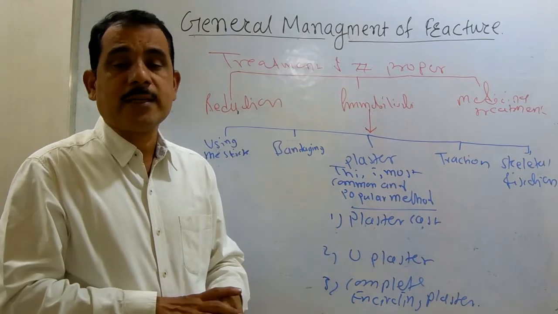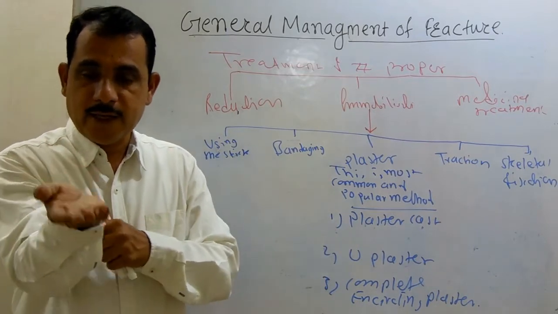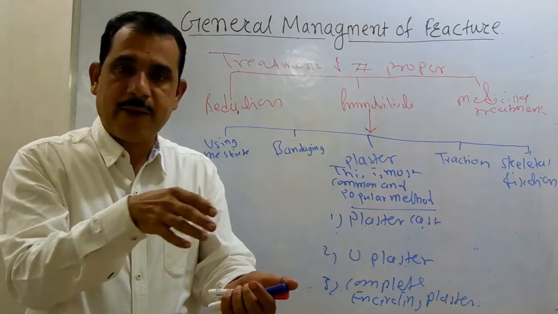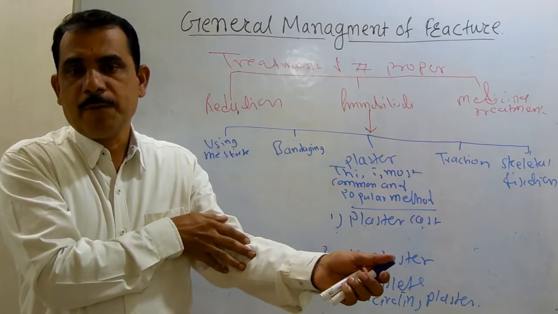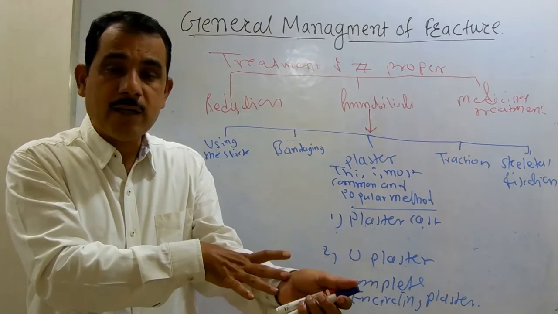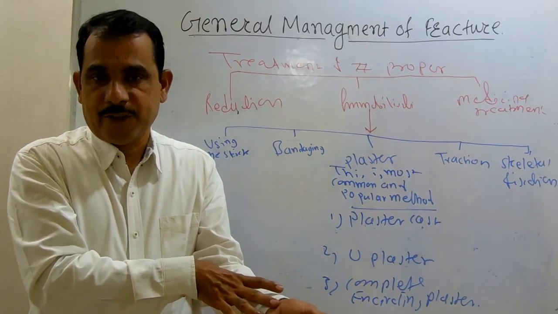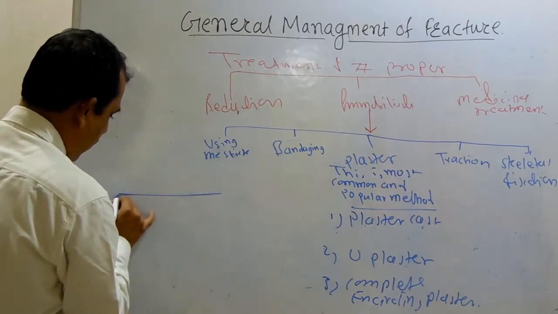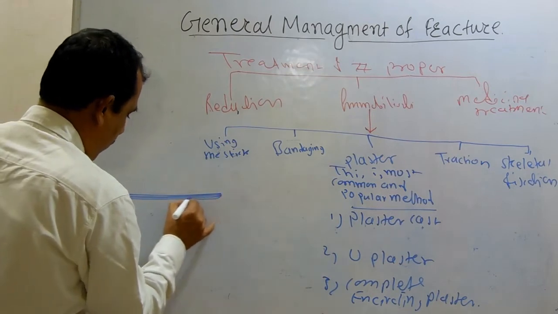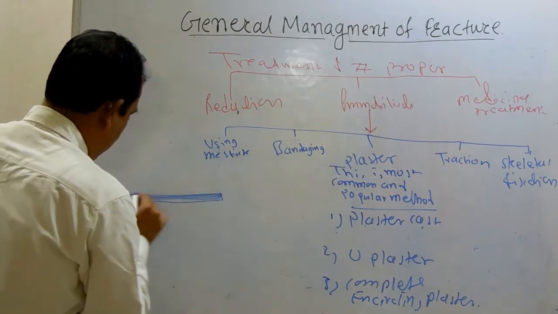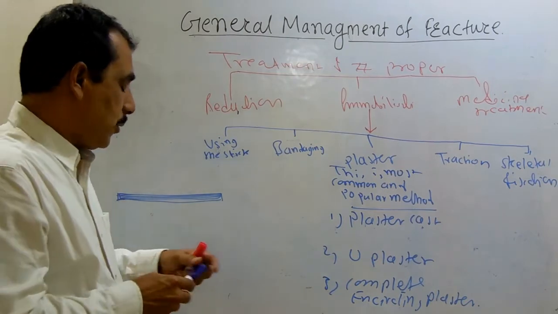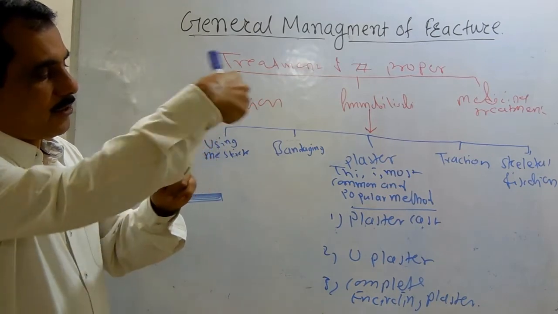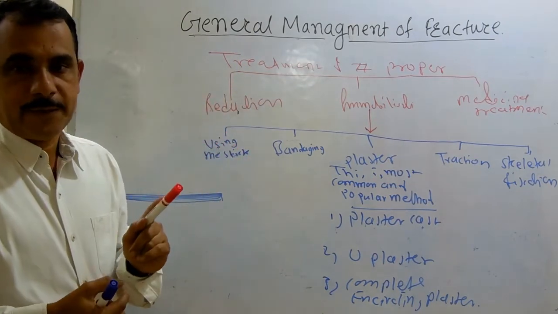First, the plaster cast. Plaster cast means making a cast of the plaster like a strip, where the bandage is embedded into plaster of Paris and kept, and one cast is made. That cast is applied on one side of the affected part to immobilize the movement at the fractured bone. Suppose this bone gets fractured, and the plaster cast is made like that and wrapped around the bone there. Do you understand?